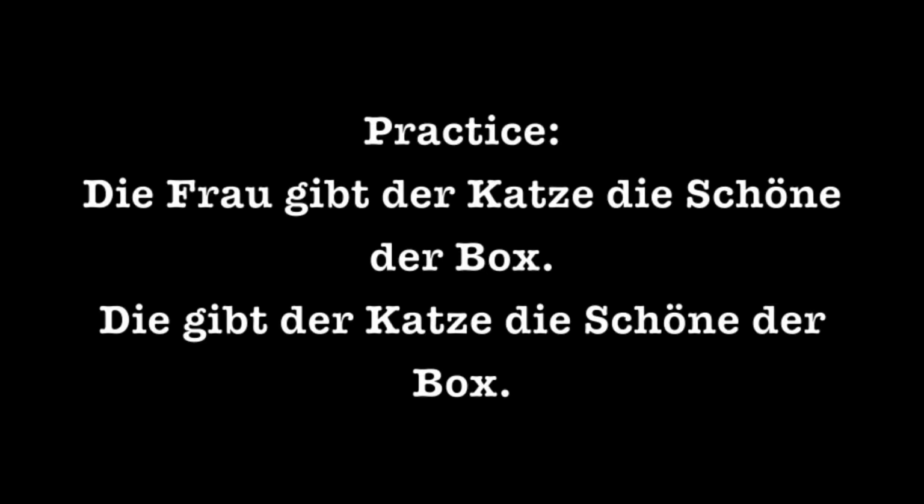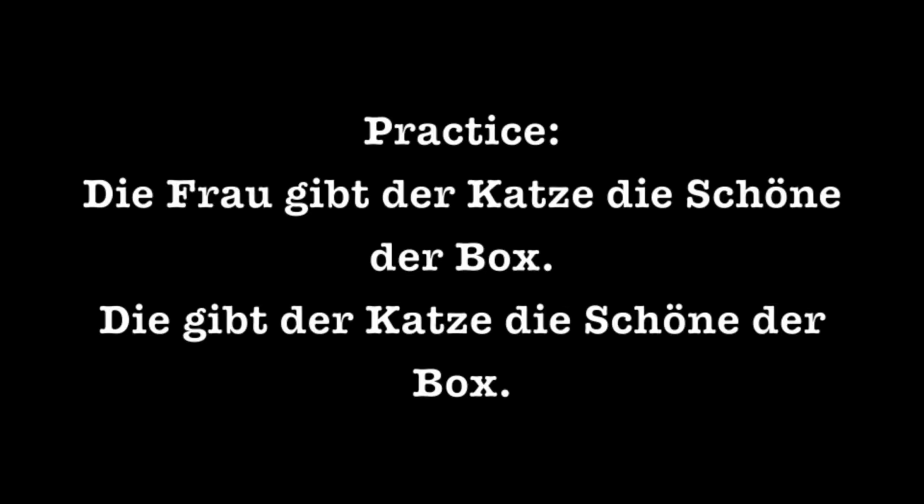Die Katze, or the cat, is the indirect object because it's the one receiving die Schöne, which is the catnip. Der Box is the genitive form of die Box, which is a box. In this sentence, it's the box that contains the catnip. If we were to take out the subject, die Frau, and insert a demonstrative pronoun, the sentence would become Die